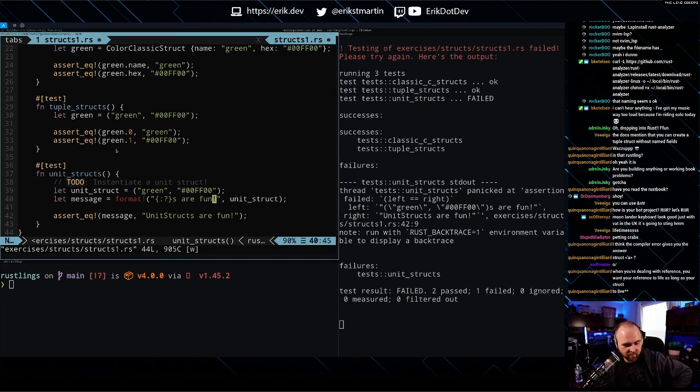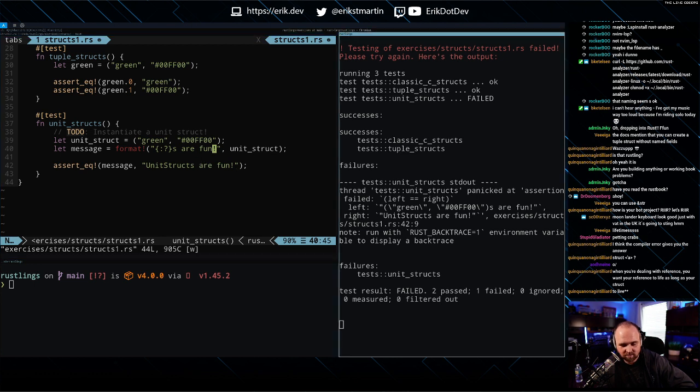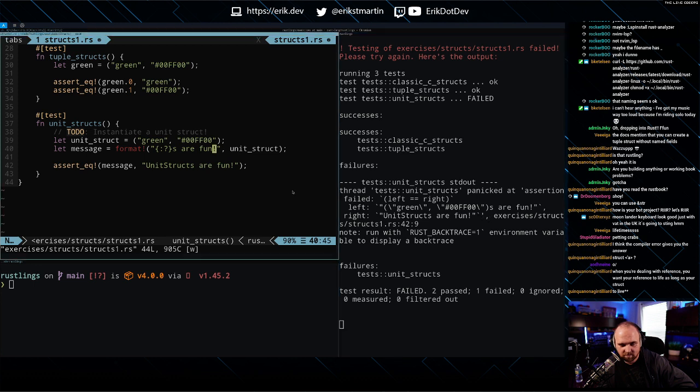Okay, so this is wanting our message to be unit structs are fun. And what did we get? So that's not at all what it's asking for. Because that's a tuple.